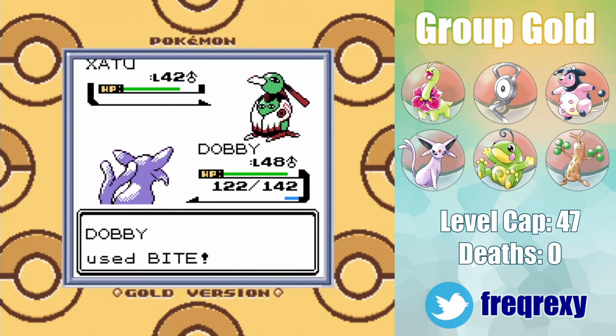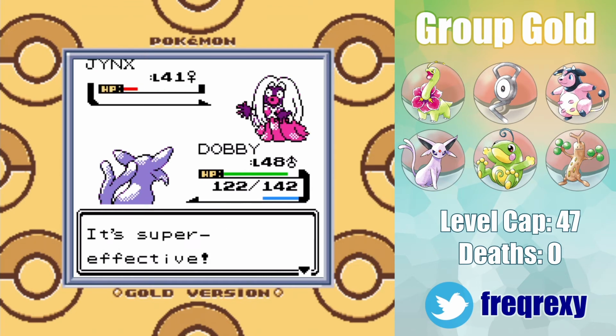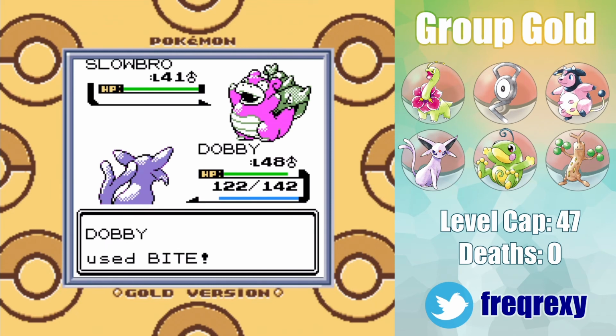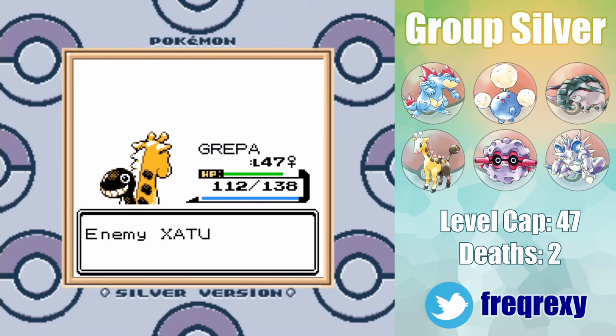Xatu 1 went down to a Bite and Quick Attack, Will used the Max Potion on Xatu 2, which resulted in 2 Bites and a Quick Attack, and Dobby then stayed in for the rest of his party, all of them getting a Bite 2HKO, and all of them also getting flinched when they were supposed to attack. What are the odds? Gripper also went solo for Silver and hit every single one of his teammates with a